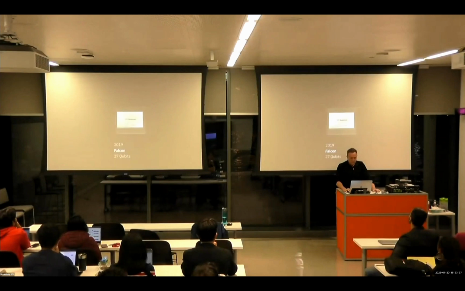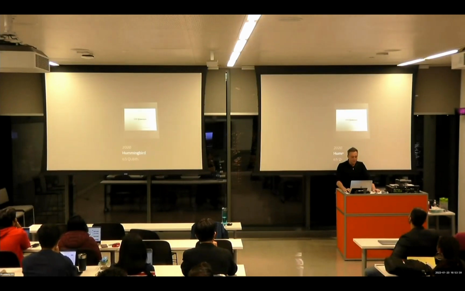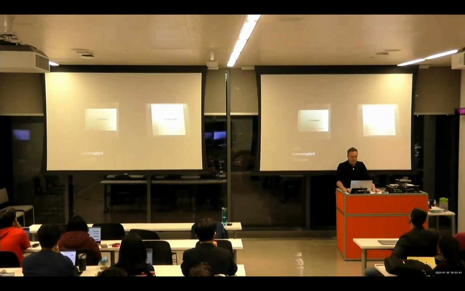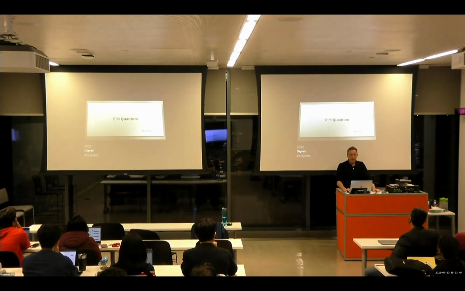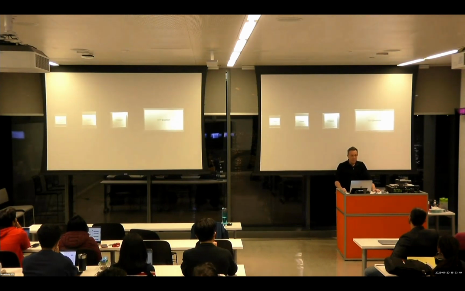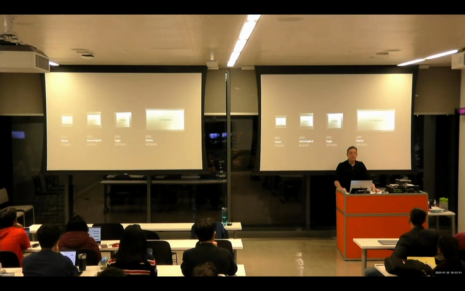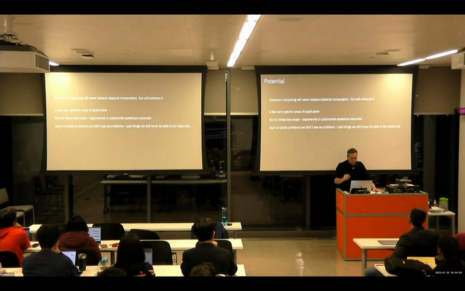Now, how many qubits do you think we're playing with at the moment? We had 65 qubits in 2020, 127 in 2021. And now, 4 months ago, I was on stage launching with my boss, Jay Gambetta, and others, 433 qubits. So we are way out of the realm of anything that could be simulated classically on any computer. That doesn't mean it's more powerful, it just means that we can't simulate it.